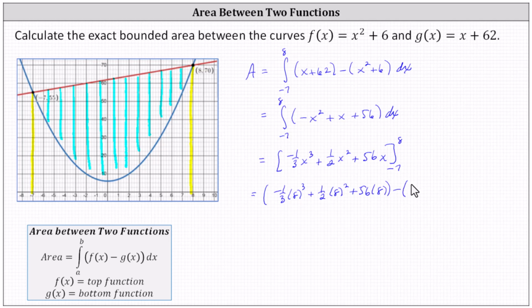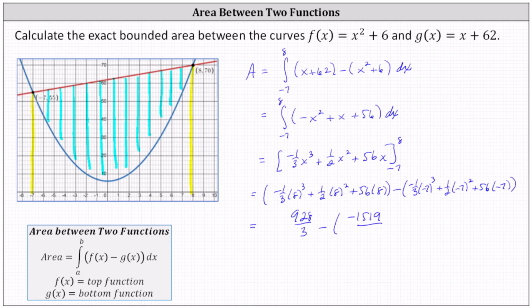to determine big F of -7, we now substitute -7 for x, which gives us -1/3 times the cube of -7 plus 1/2 times the square of -7 plus 56 times -7. I've already evaluated this expression to save some time. Big F of 8, or this expression, equals 928 divided by 3 minus big F of -7, or this expression, is